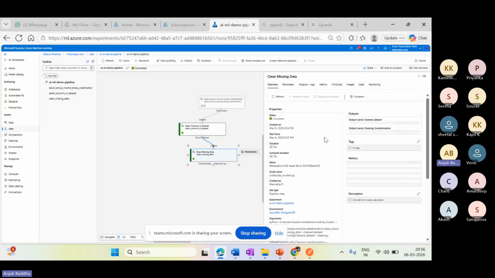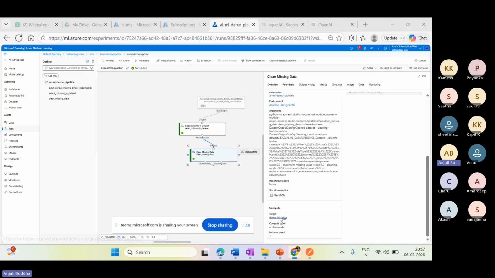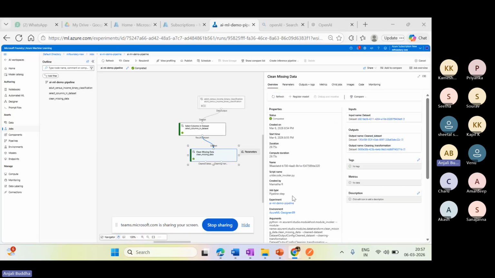So this task also ran, and it shows what missing data is present. That's been done, and it has used the demo instance which we had created. So in the demo instance, these jobs have been running.